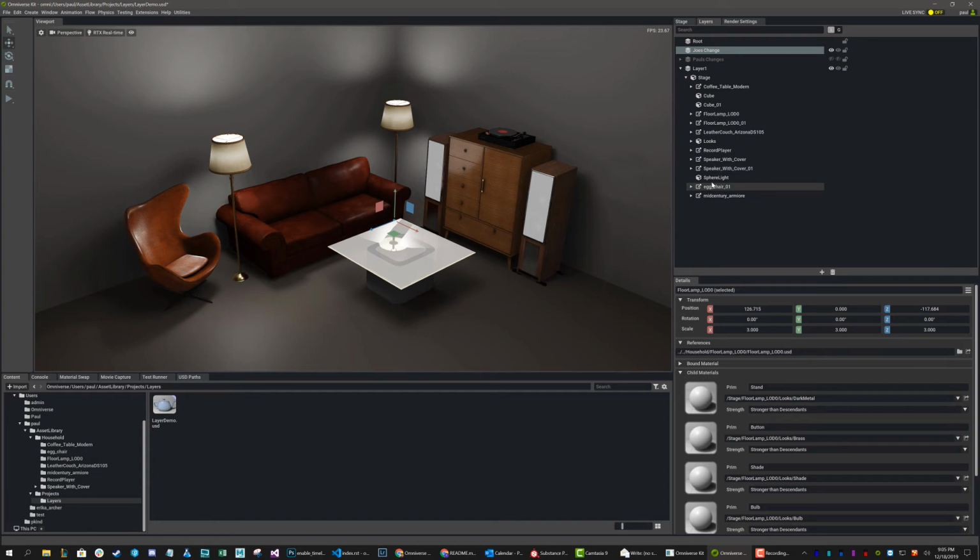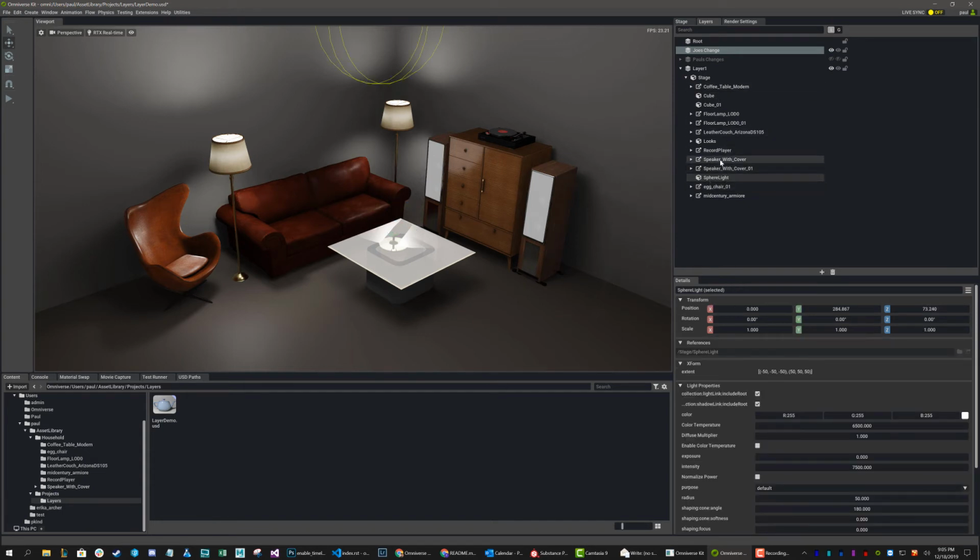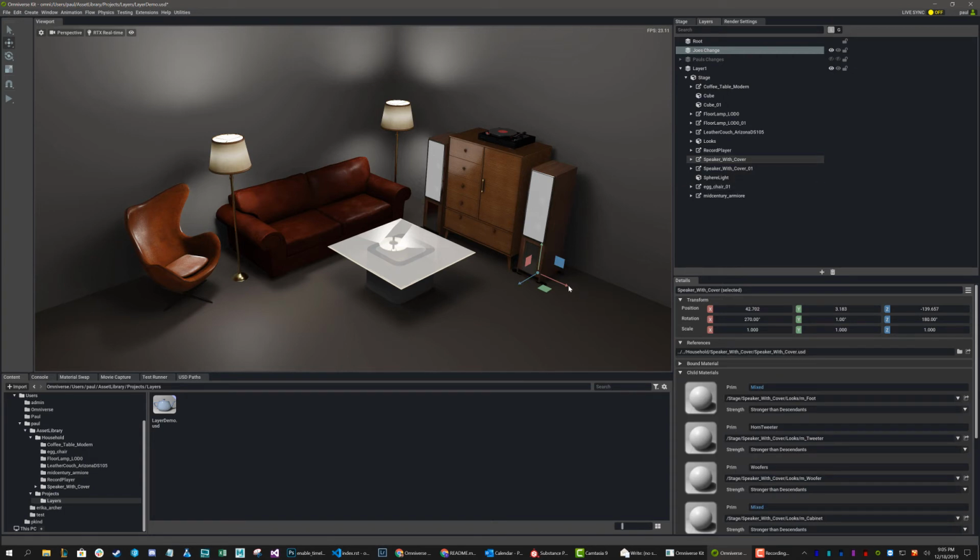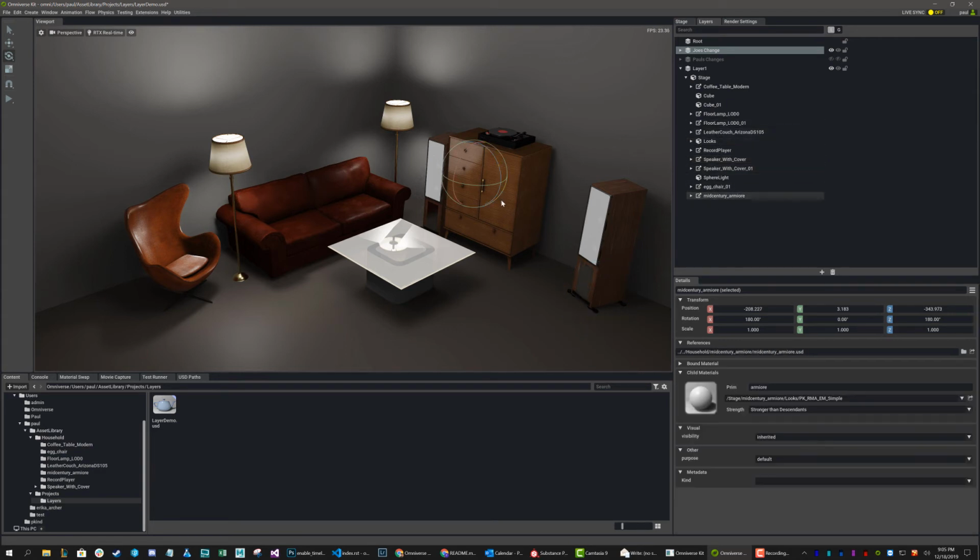And now we're going to go in and grab, I don't know, the sphere light. No, let's not do that one. Let's grab the speaker, and let's move it over to the right and rotate it, right? Joe's a little more creative than I am. So, he gets a little excited and wants to move this armoire as well. So he grabs the armoire and moves that over a bit and says, you know, this record player just shouldn't